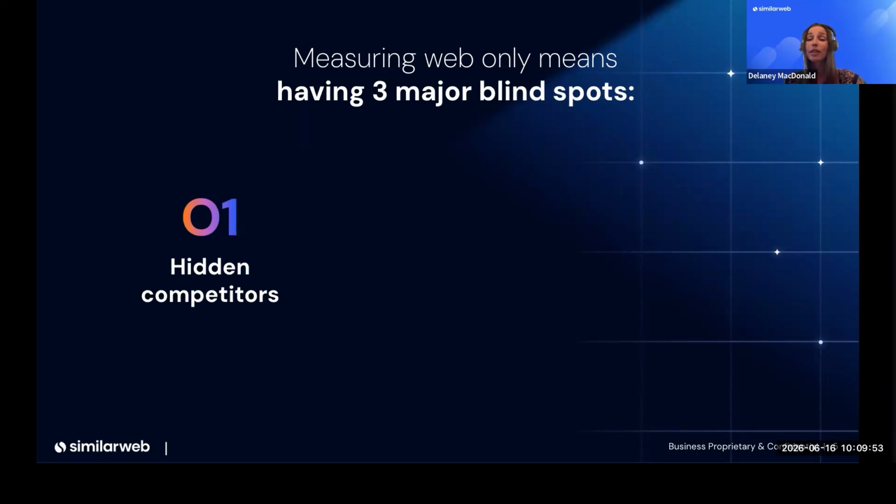Another really good example is Shein, which has exactly the same story. We can see that their web traffic is declining, but the app engagement is a completely different story. So it highlights a completely different set of competitors that you wouldn't see if you'd only focused on the web. The second challenge is really about getting a very clear view of how big an audience